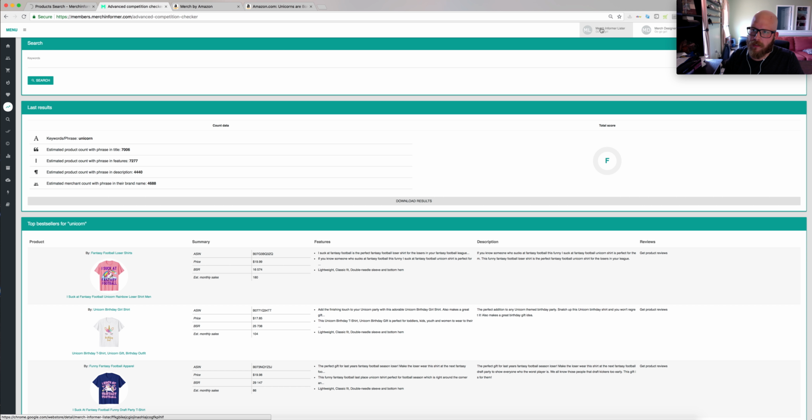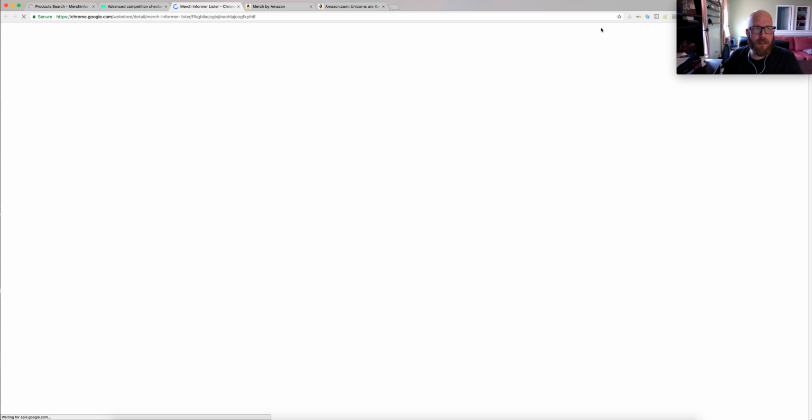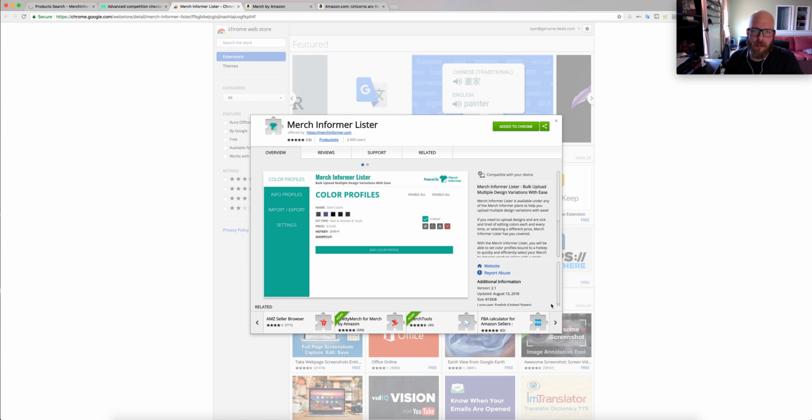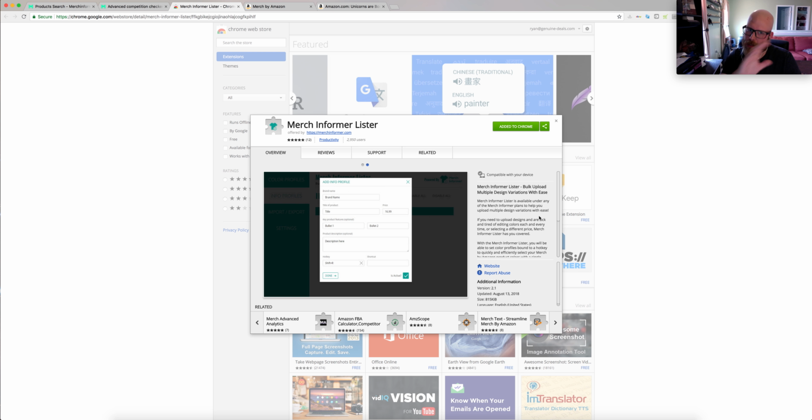So some of the other things that are in here is the Merch Informer Lister tool. It's a Chrome extension. When you add it, it helps you easily list your shirts. So bulk upload multiple designs. It's not integrated directly into Amazon, so it's not violating the terms of service. But as you can see here, you can add the brand name, title of product, price, bullet points, descriptions. You can add some hotkeys and shortcuts to the Chrome extension, and you can improve your listing with Merch Informer